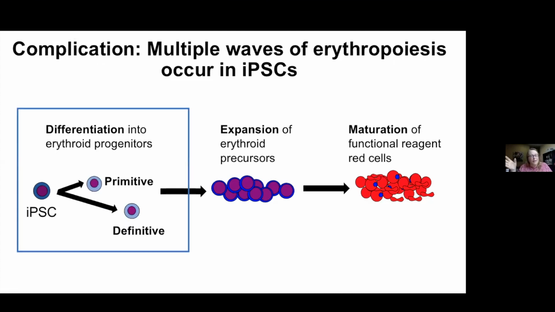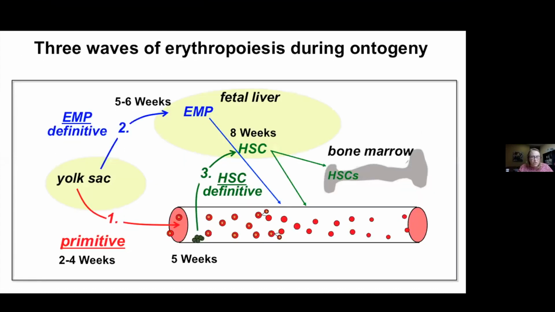Now, first, there's a complication with making erythroid progenitors out of iPS cells that, as seen in many other systems, iPS cells recapitulate fetal development. And during human fetal development, there are multiple erythroid lineages that are formed. First, there are primitive erythroid cells that arise in the yolk sac and provide the first circulating RBCs. But then there's a second independent wave of erythroid progenitors that are part of an erythroid myeloid progenitor, or EMP, wave. And they move to the fetal liver, which is the initial site of hematopoiesis in the embryo, and they